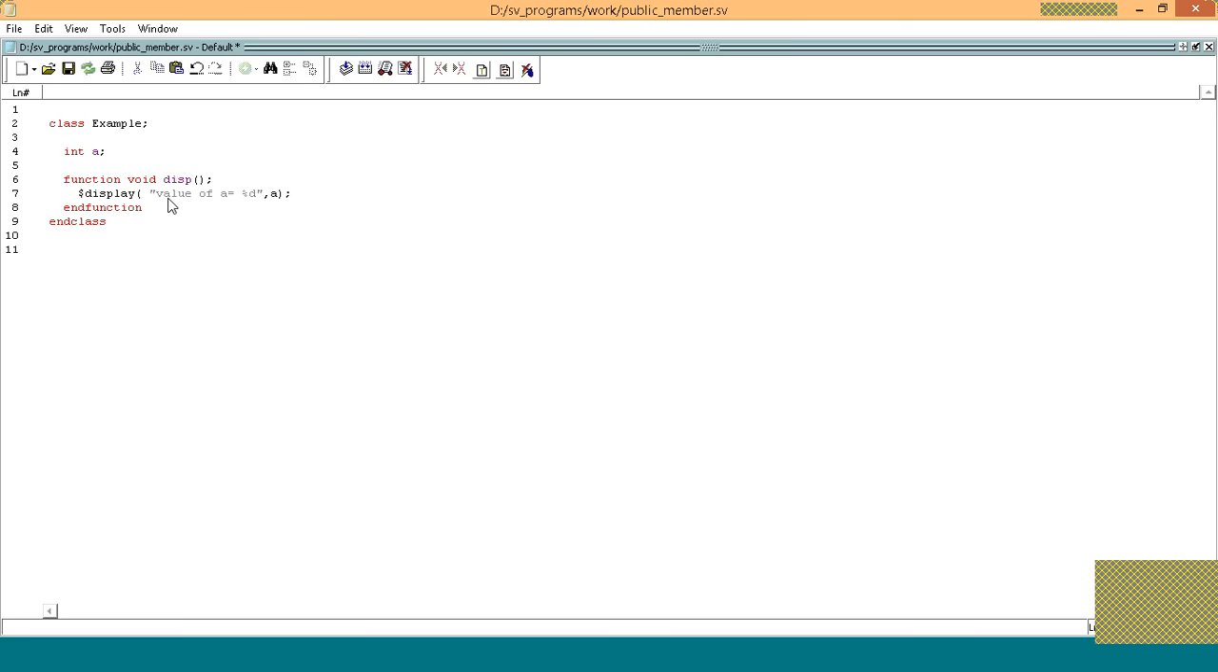So let's take a module now. Module, and the name of the module, let's move on. And inside this module, I have written our initial begin, and inside this initial begin, first I'll create an object. So the name of the class is example, so I will just instantiate the class here,